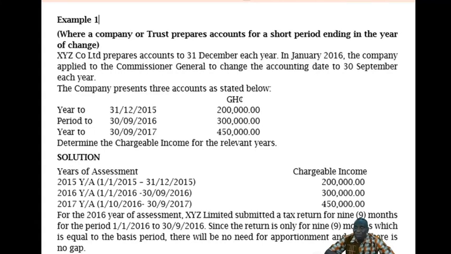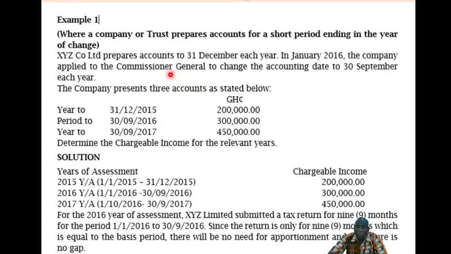So remember that this is a company that wants to change its accounting year, and the law says that when it comes to the change in accounting year, 3 relevant years are very important, and it should be written the way the law says so. So if you look at year 1, they want to do the change on 1st January 2016, and the law says that then you must write a period up to the end of your previous accounting year before the year of change. Now your previous accounting year is 31st December. So you should write 12 months up to the end of the previous accounting year.